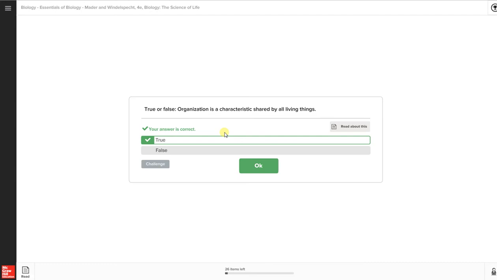Now another thing I'd like to bring your attention to is how many items you have left pertaining to this chapter. So you can come down here and you see you have 26 items left, so you have 26 questions to answer pertaining to this particular chapter, and that's just to give you a brief overview of the things we're going to be discussing in class. In the beginning, it will seem really not that necessary, but as we cover more challenging topics, it will definitely make a lot of sense to familiarize yourself with this